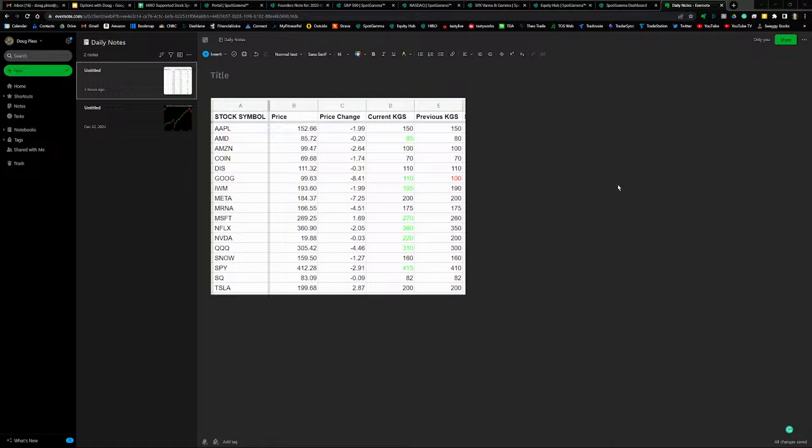Okay, so that was my thesis for the day. It didn't necessarily play out. So let's take a look at some setups now. And remember, I said I have a two-step process. The first is positional analysis, and the second step is execution. And I confirm my thesis with execution, and that is, again, looking at order flow in Bookmap, and looking at market maker hedging flow in SpotGamma Hero. All right, so speaking of Hero, let's take a look.